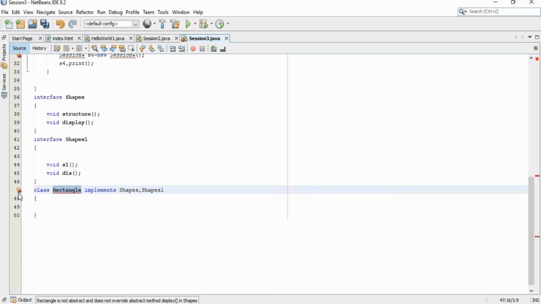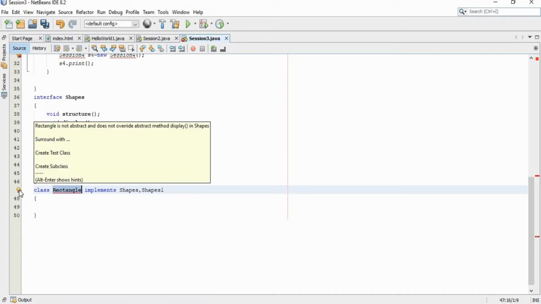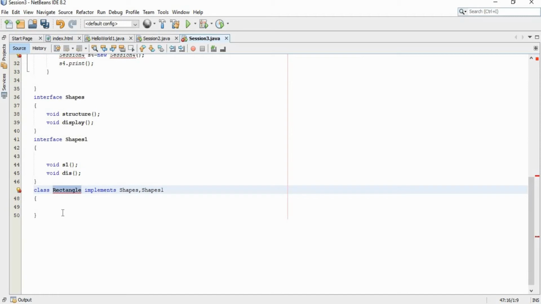Now it is showing an error. Hovering over the bulb, you can see a message: rectangle is not abstract and doesn't override abstract method display in shapes. As I told you already, the class implemented from an interface must override the methods declared inside the interface.